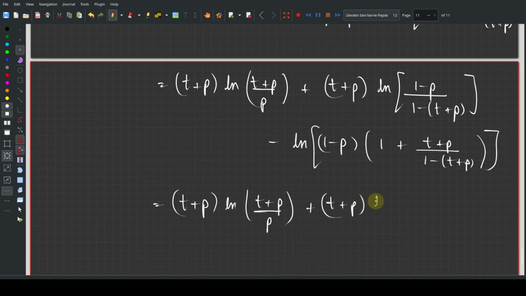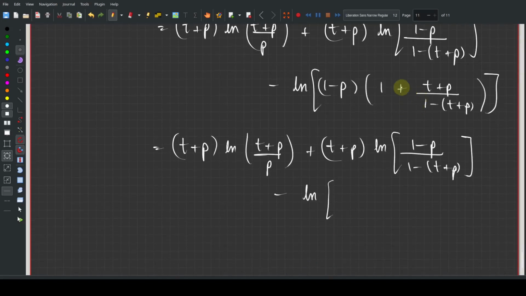t plus p log 1 minus p by 1 minus t plus p, minus log, what does this simplify to? 1 by 1 minus t plus p. So this is 1 minus p divided by 1 minus t plus p. Correct? So this is also equal to